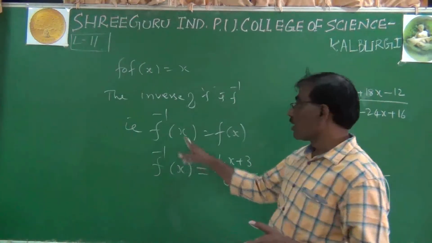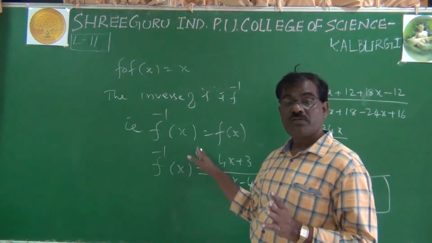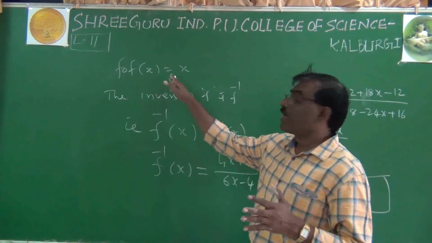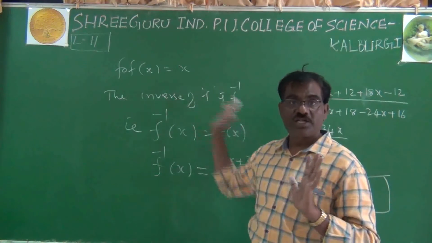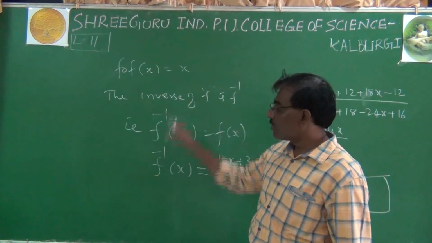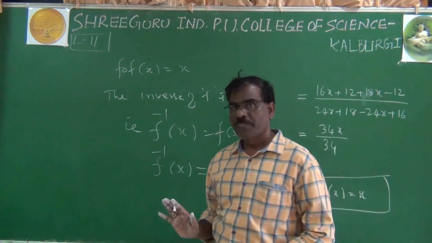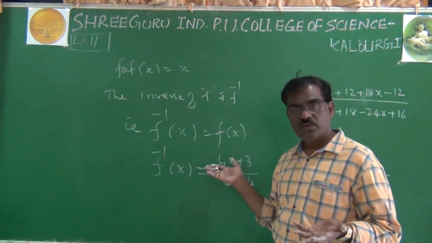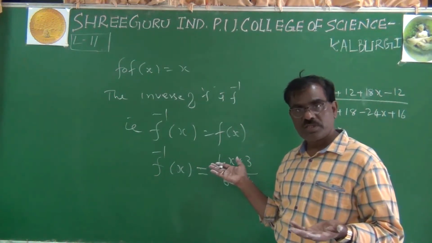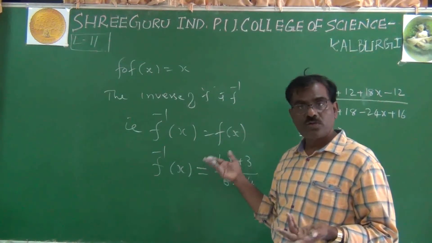f inverse of f of x is x. When f composition f of x is x, this is the identity function. When you get this identity, f inverse is f of x. So be very careful, okay? If we solve that now, actually this problem is an oral question only. I don't solve that problem. So without solving, if it is not identity, you go to the inverse.